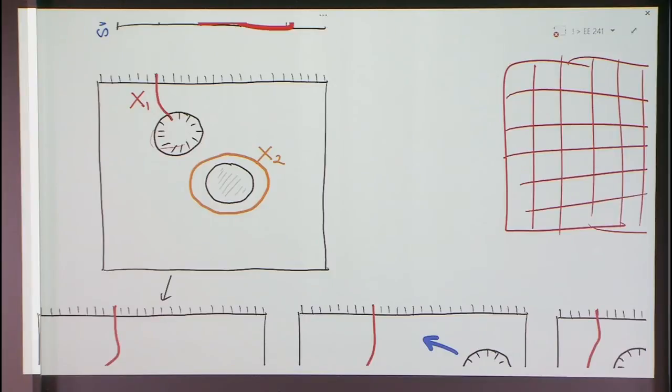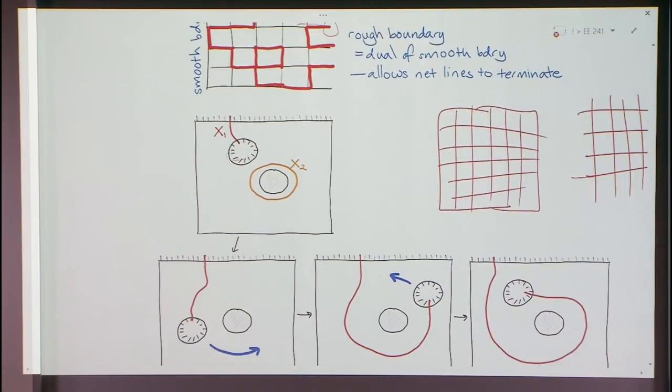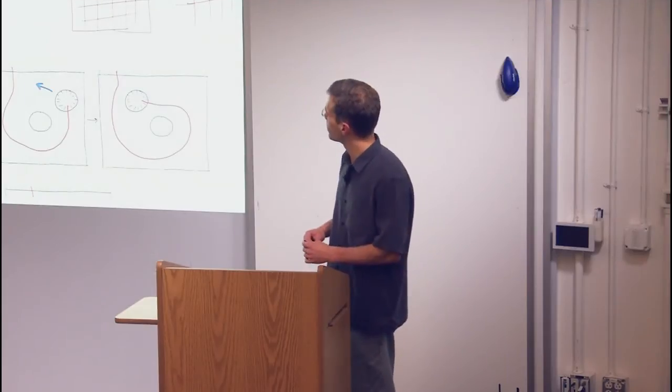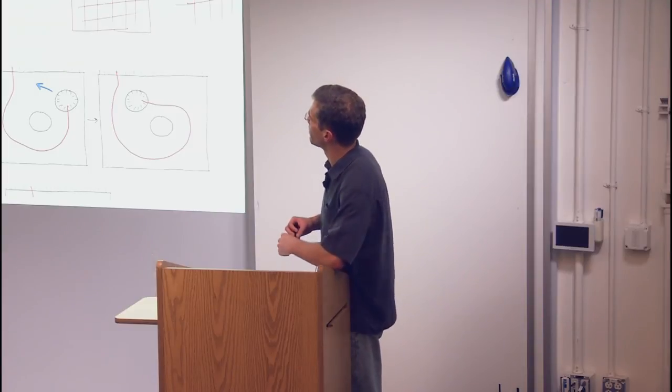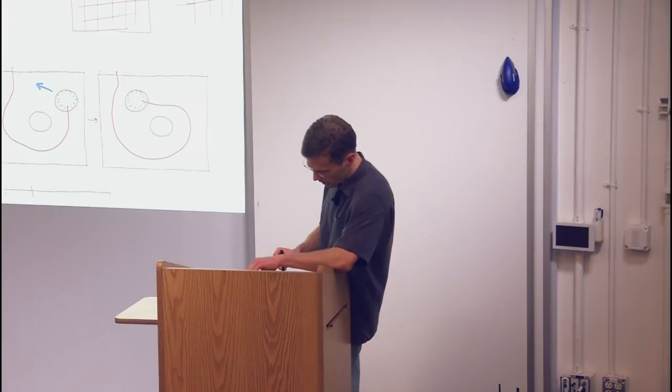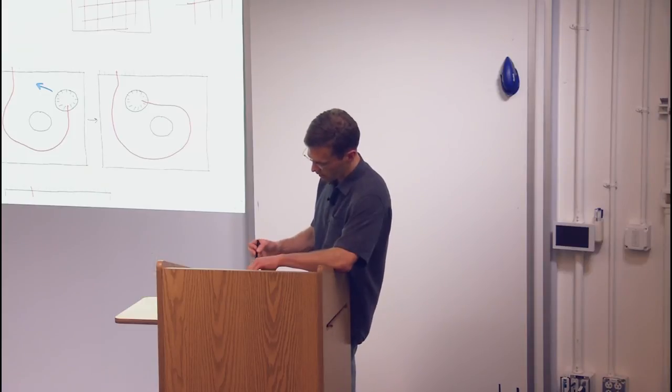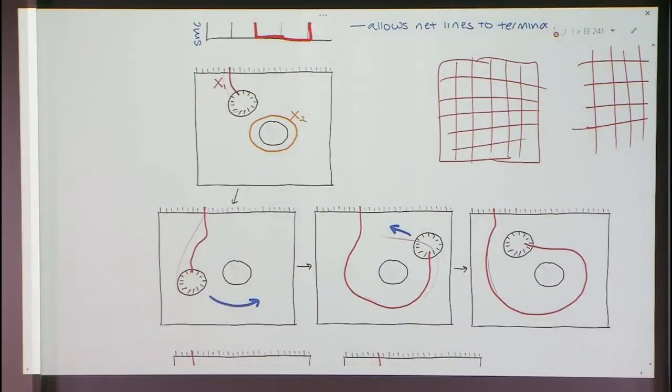So that the parity of the number of strings going from one boundary to the other is now going to tell you whether you're 0 or 1. It's just the dual of the picture from before, where that was z's, now it's x's. And so if we want to compute, here we just do the following sequence of code deformations. I slide this rough boundary hole down and around and around and around, back to where it started. And this chain of x's, sort of topologically, it just becomes this chain of x's.